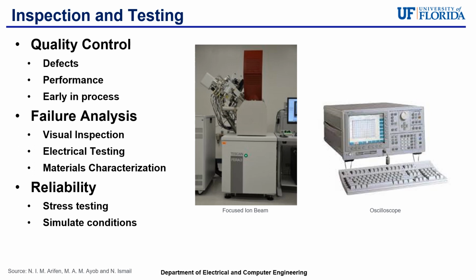The reliability of the semiconductors can also be tested by putting them through stress tests, which simulate the conditions that they'll face in the real world. This also helps predict how long they'll last and how they will perform over time. And to do all these tests, specific types of equipment are used. For example, focused ion beam, aka FIB, can be used to physically look at the semiconductor at a very high